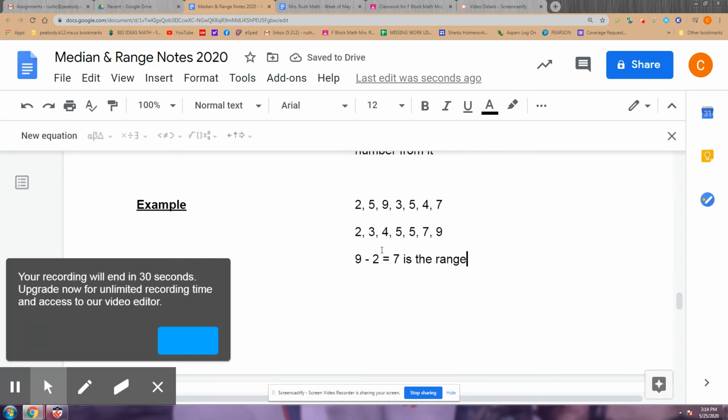If you guys ever have numbers and you can just spot out what the biggest one is, 9, and what the smallest one is, 2, you can just subtract them right away too. You can always just do the biggest number minus the smallest number in the set that they give you, and that's the range. All right, guys, so that's how to find the median and the range,